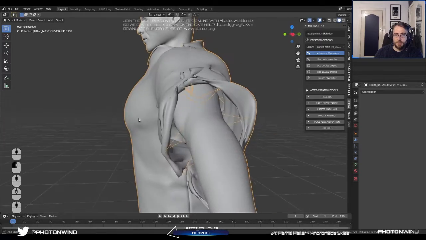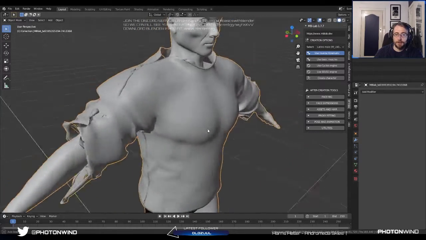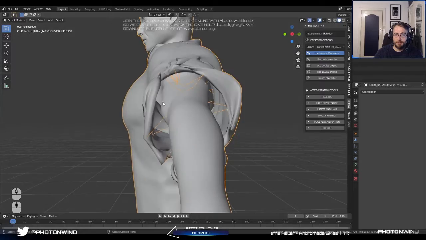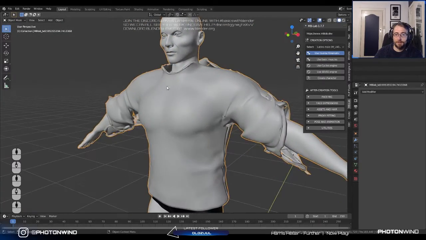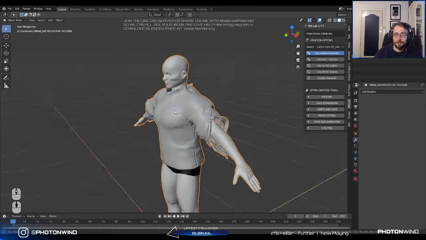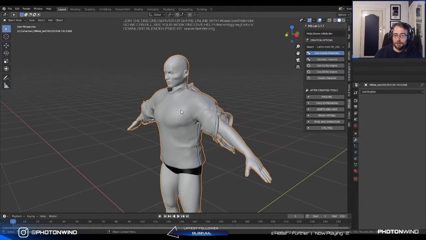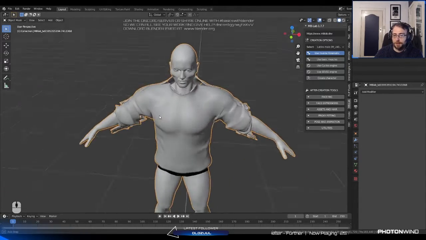And the reason why you'd want to use this is it would not actually create bits on the inside when using the boolean, and sometimes it can be a little bit wonky, but